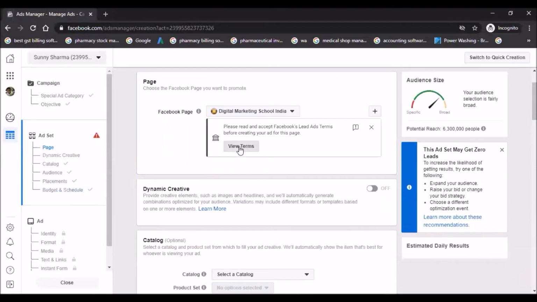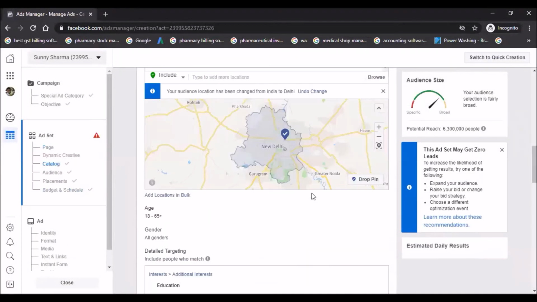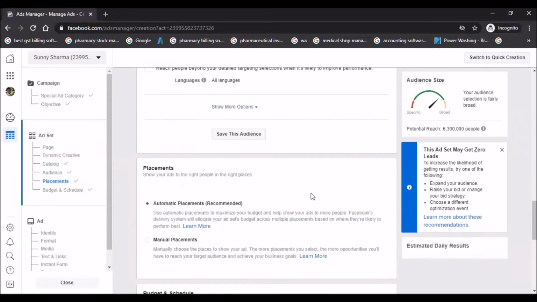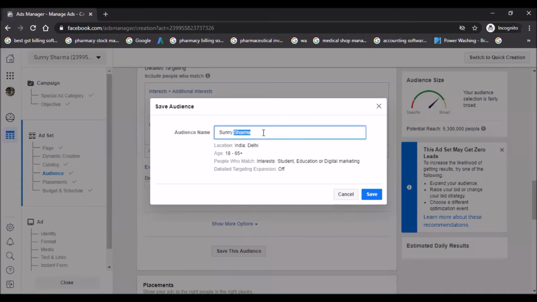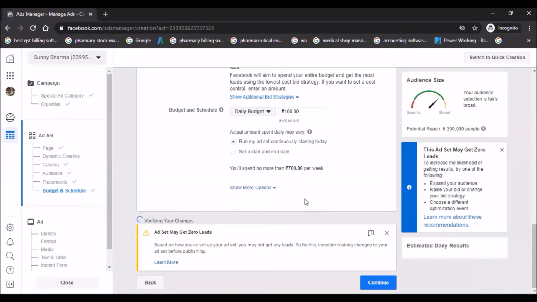When I select any page, it asks for terms and conditions, then you will have to accept those. Fine. Now save this audience. You can put any name, right? Now save. Fine. Click on continue.